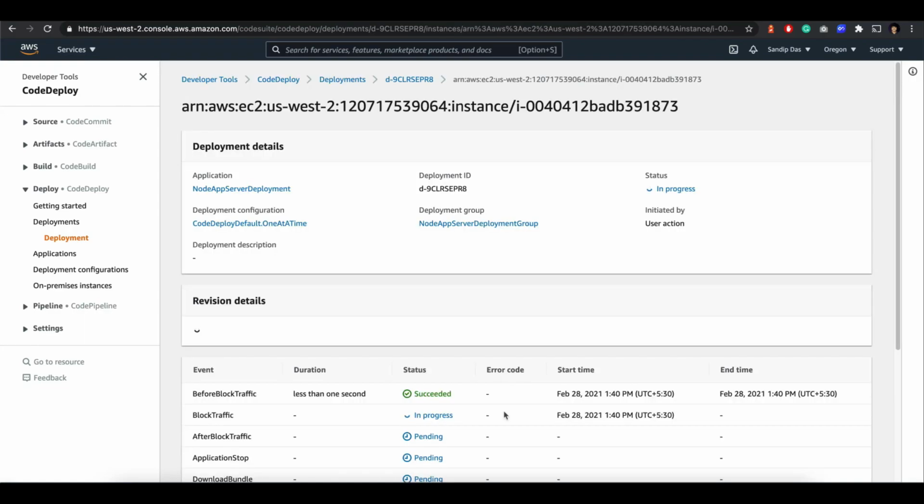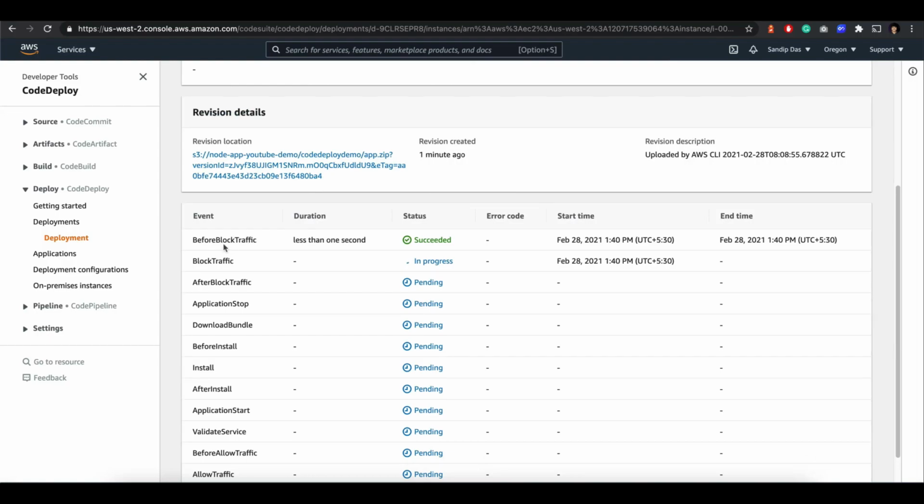If you click on view events, you will see what the events are. In the previous tutorial, there were no events such as block traffic, before block traffic, after block traffic, but it was starting from application stop. But this time there will be such events, so you can utilize them. Suppose block traffic is happening and you want to notify other customers or your own development teams, in those cases that is required.